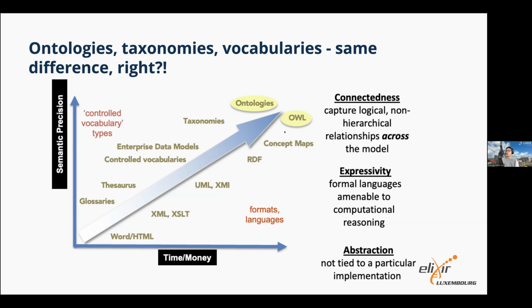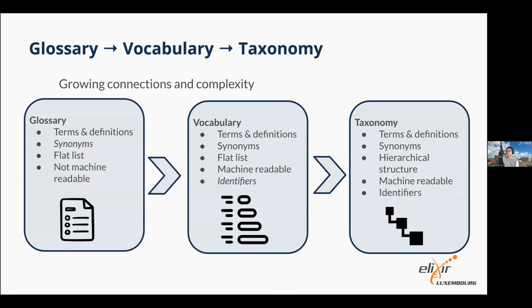But as we get to the top here, we have more connections beyond just parent-children. It goes out further beyond that. You become more expressive, and you're not tied to a specific implementation. You become a sort of abstract. You can model domains rather than being tied to a programming language, for example. So specifically, when we talk about glossaries, normally we mean something that is not machine readable. So a Word document or a PDF, something that is a flat list. You might have a label, you have a definition if you're lucky. I have seen glossaries that include synonyms, but it is rare.